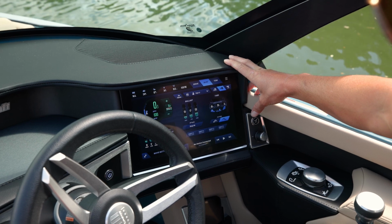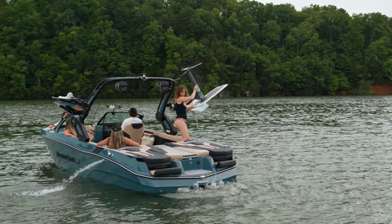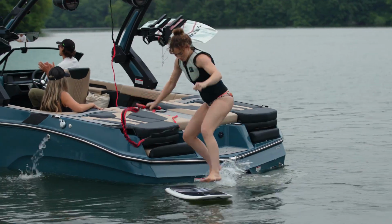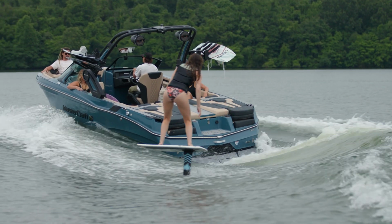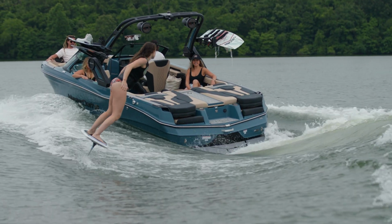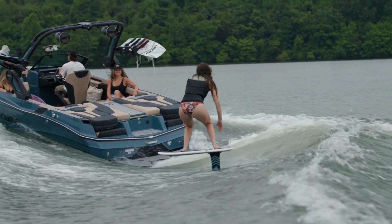Whether you're setting up for surfing, wakeboarding, or foiling on the XT23, you'll spend less time waiting and more time riding thanks to the optional fast fill ballast. The high flow pumps used in MasterCraft's fast fill technology will fill or drain ballast in a matter of minutes. The XT23 comes standard with underwater exhaust, substantially reducing engine noise and fumes to provide a more refined, pleasant experience